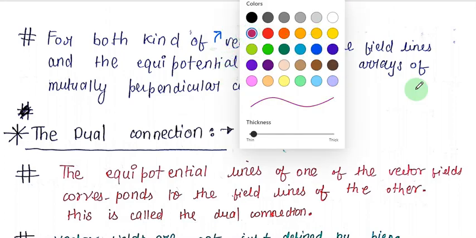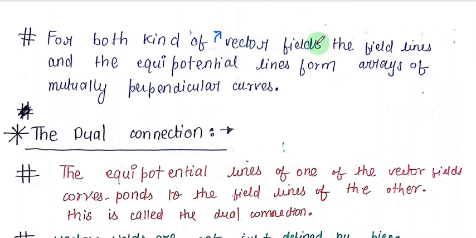So here we can understand that the vector fields, the electric field lines and the magnetic field lines, are all part of a vector field, and the equipotential lines form an array of perpendicular curves. That means if I say that this is the field line, these are two field lines actually. If I plot them, and here we got two equipotential curves, two equipotential lines,